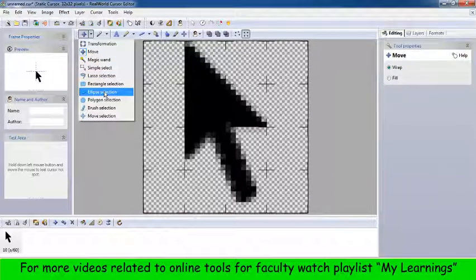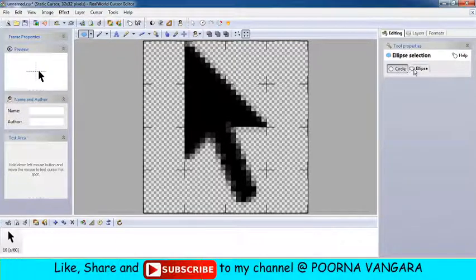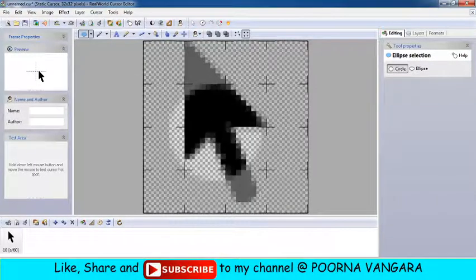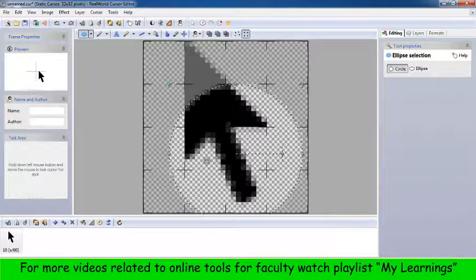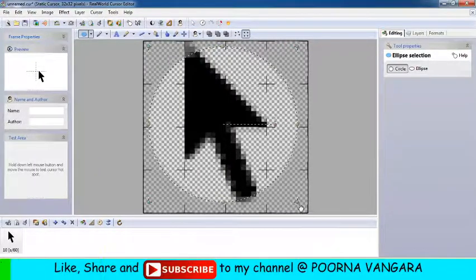The moment you click on this ellipse selection, you will get two options on the right side, circle and ellipse. So let me select circle. By default it will be circle only, so select circle. Now on the screen you need to draw this circle. You will get a plus symbol. Next you need to use the mouse to create a circle. So this is the circle.